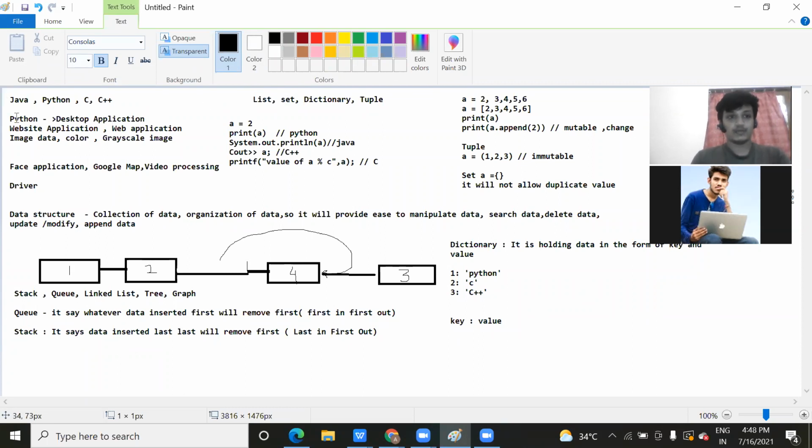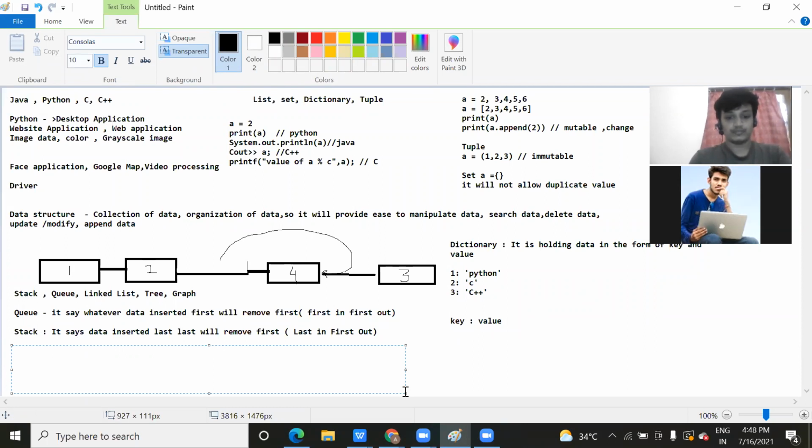In Java, we implement them with collections like hash map, tree set, hash set, linked list, and array list, right? Similarly, in Python we implement this with the help of list, set, tuple, and dictionary, right? These are the different kinds of examples I gave you. There are two more data structures that I wanted to discuss.